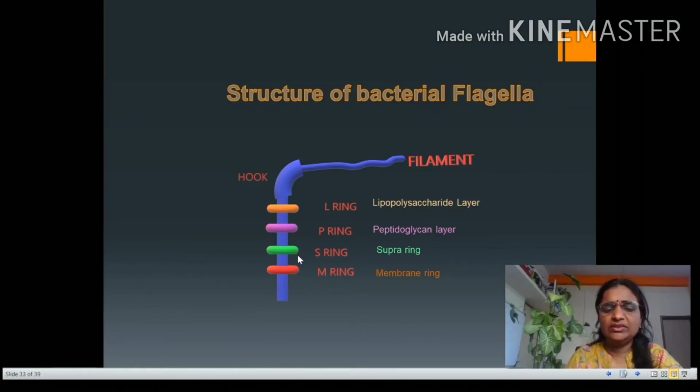Now in case of these S and M rings, they are located at the cell membrane. And all of you know that the cell membrane is associated with the energy of the cell. Here these S and M rings rotate counterclockwise to each other, and the energy required for their rotation is obtained from the electromotive force present at the cell membrane. With the help of that electromotive potential, the S and M rings rotate counterclockwise, and that rotation is given to the central rod, and that central rod gives motion to the filament, and once the filament gets rotated,